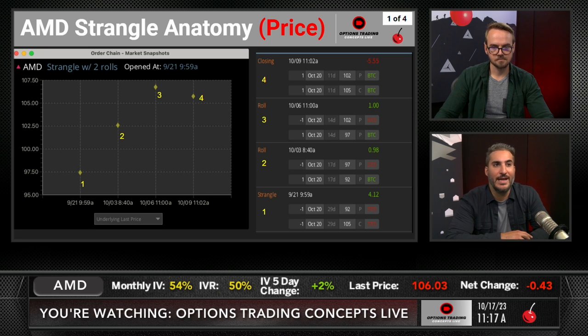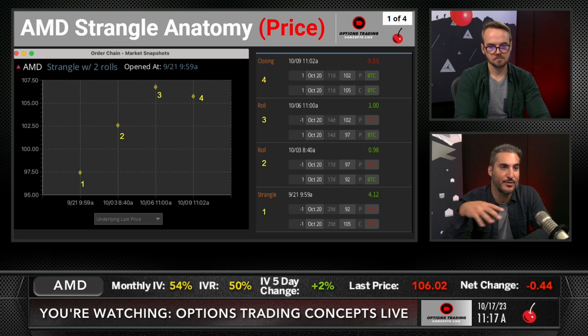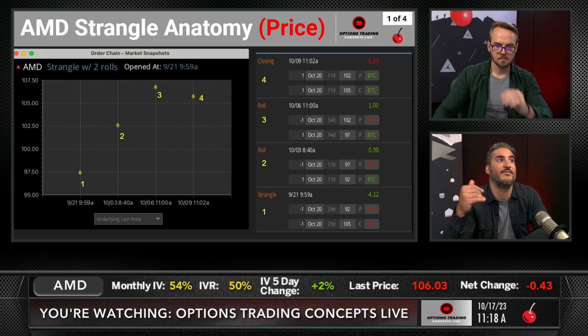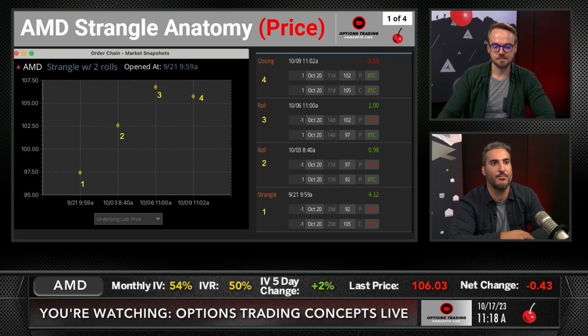Over the next week and a half-ish, you had a rally in the stock up to 92, so it's rallied about five points. I rolled up that put from the 92 to the 97 strike and collected 98 cents, right around $1. Again, high premium in this underlying: $4 on entry, $1-ish on the roll-up. On the third adjustment, another roll up. You see the stock has moved from 97 to 107. It's over a 10% move in the span of 2 weeks, right? So an outsized move for the stock, rolling up the puts, just being mechanical here,